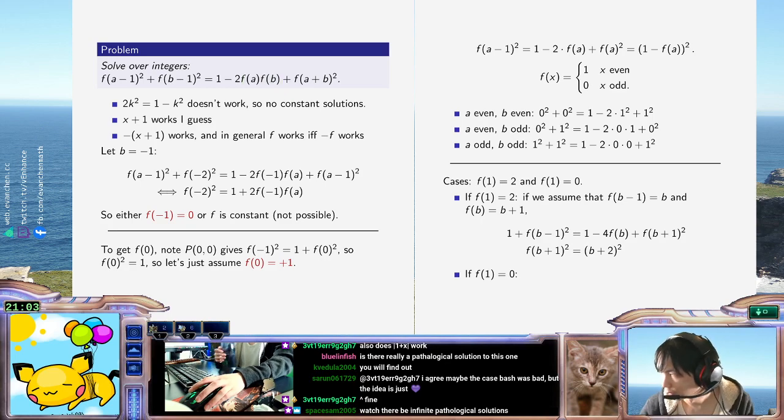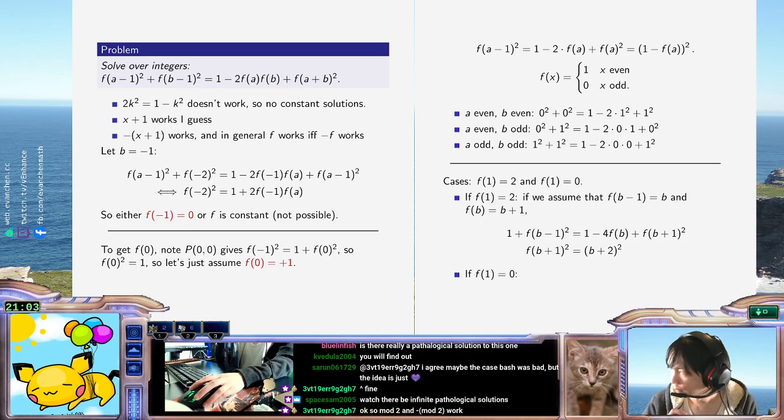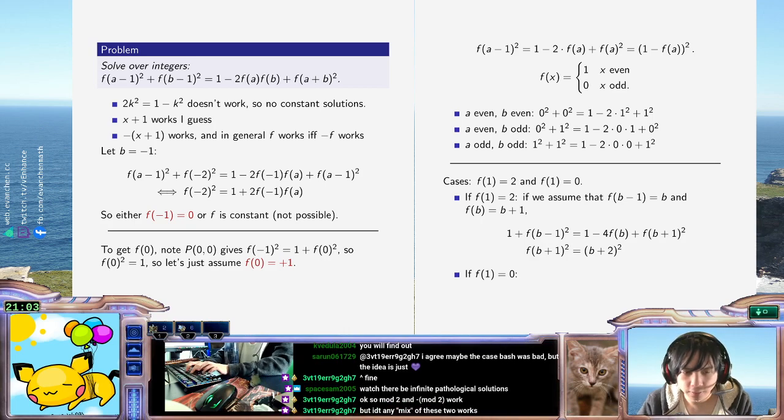Whatever that means. Yeah, so that and the other equation tells us f(b plus 2) is either